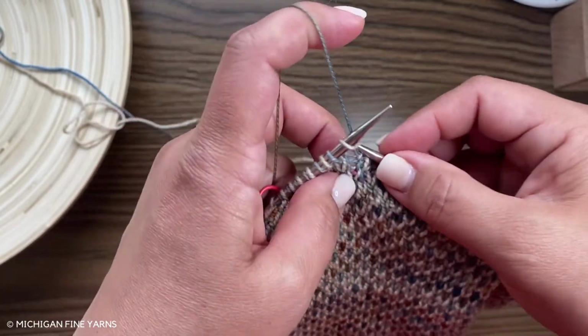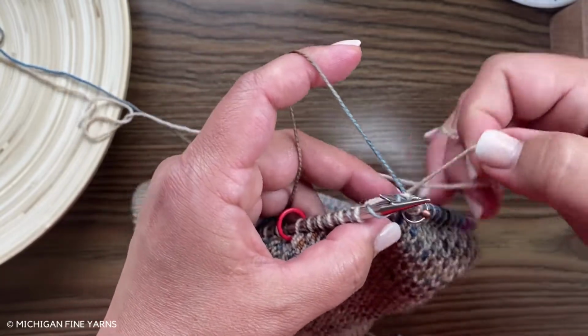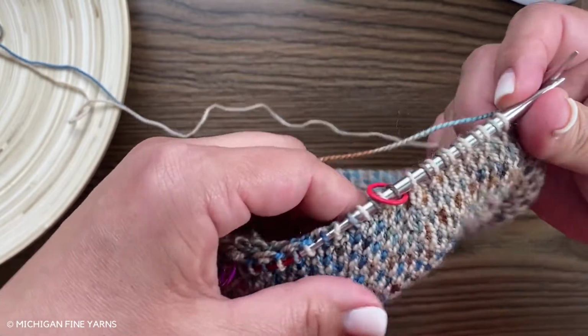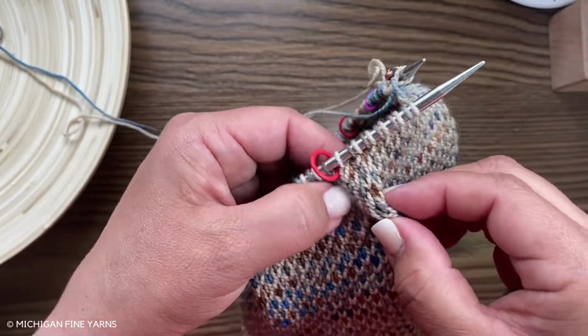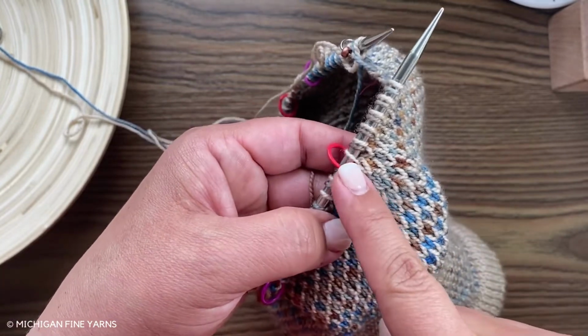And then after a decrease round, you'll knit around in pattern, and you'll start to see your center double decreases create